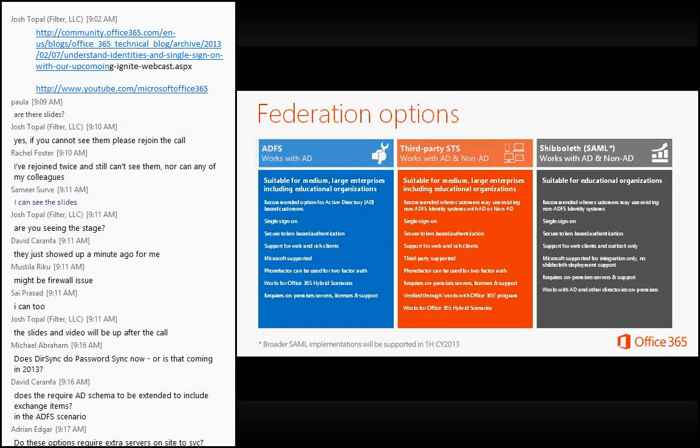Other option that we have is around third-party STSs. So STS meaning secure token systems, and this is a good option if you've got customers that are currently using third-party identity systems in their infrastructure already. So you want to leverage their existing setup or third-party solution. Can work with both on-prem AD and non-AD stores, so additional LDAP directories, and will support all web and rich